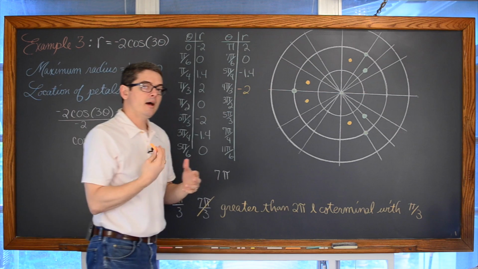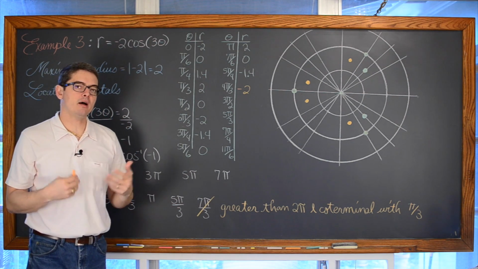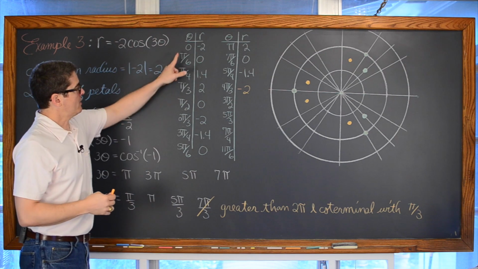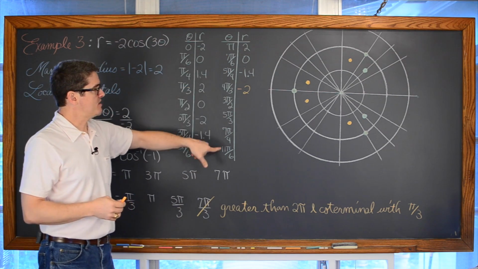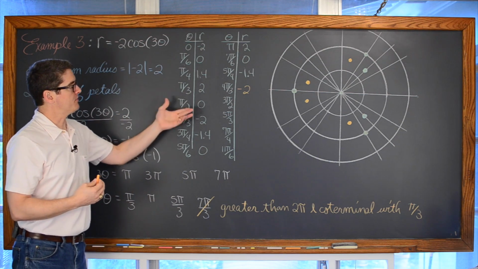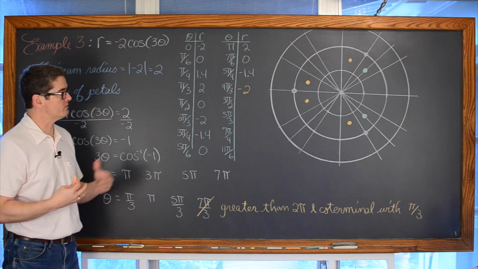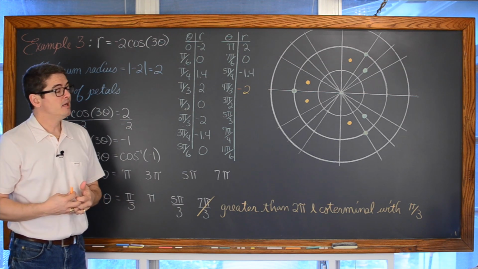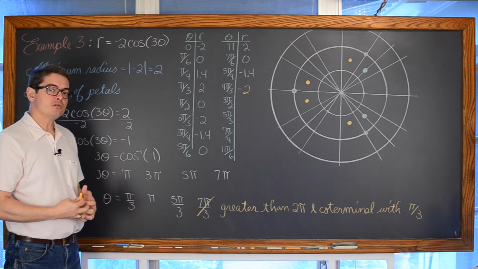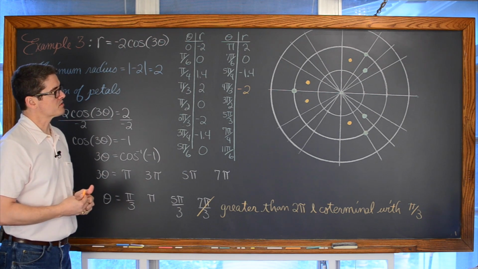So you see, after the table of values has passed that theta measure of pi, the points start to repeat. Now I also did not change the interval at which I was counting these theta measures, like I gave you as a tip in the previous screen, and you'll notice that I don't have very many points. I just wanted to show you that that could be an issue when trying to make a big table of values to plot rose curves.